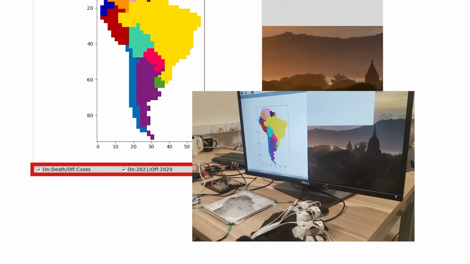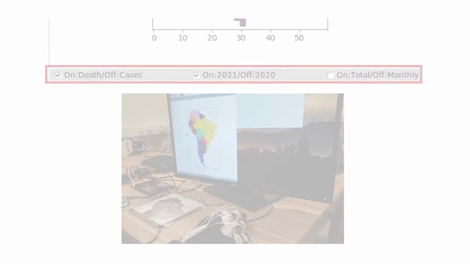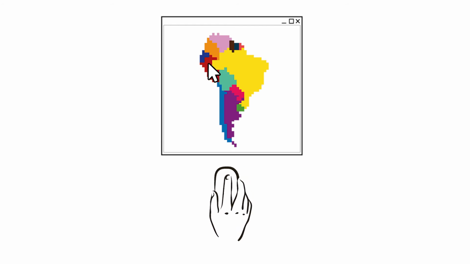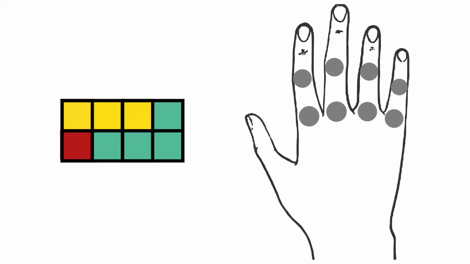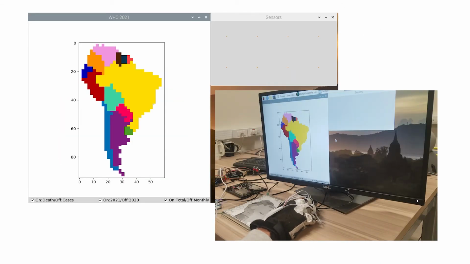Additionally, the user is able to change the data being displayed according to the number of deaths or cases, between the total and monthly change in data, as well as the year being displayed. A pixel art style was chosen for this map in order to facilitate the understanding of country borders across the 8 different vibration actuators, making it possible to correlate each actuator to a single pixel of the map. That is, it detects the 7 neighboring pixels to the right of and below the one selected. In this manner, we were able to map every country and its borders with higher fidelity.